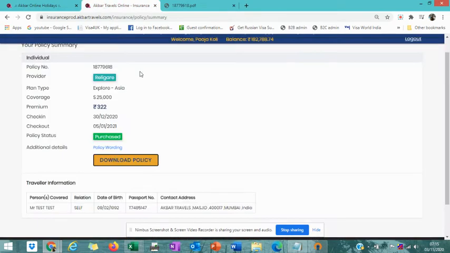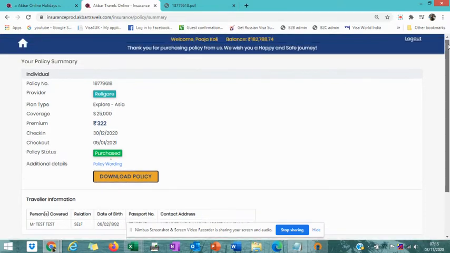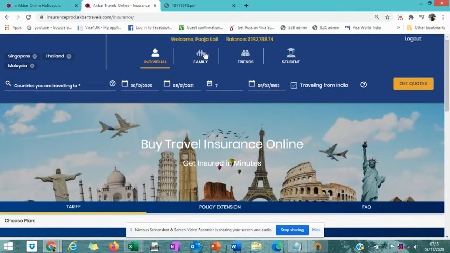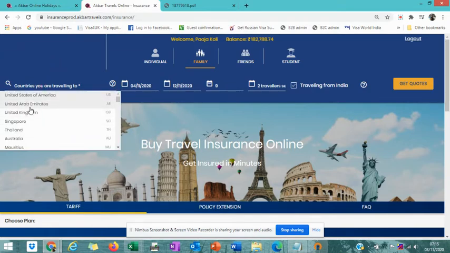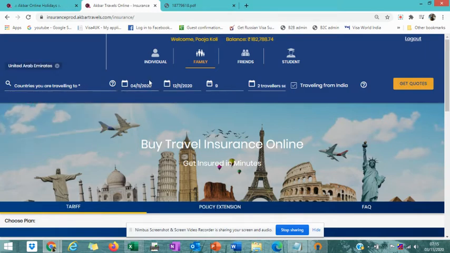Now we'll try and issue the policy for family. So the process remains the same for individual, family, friends, and student. In family, select the country you're traveling to, travel date,